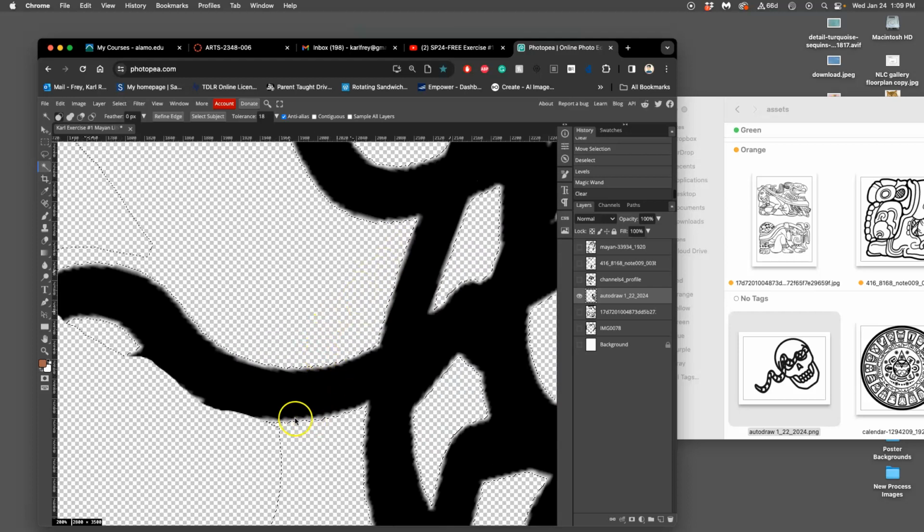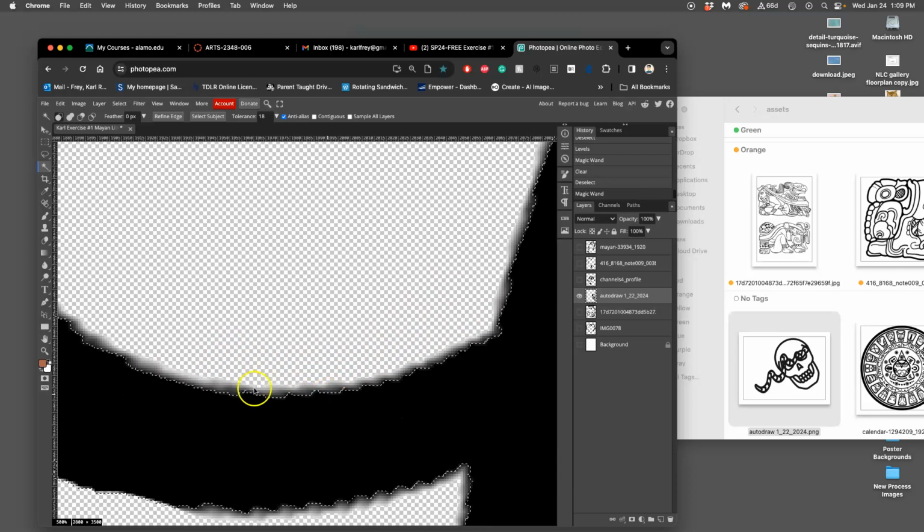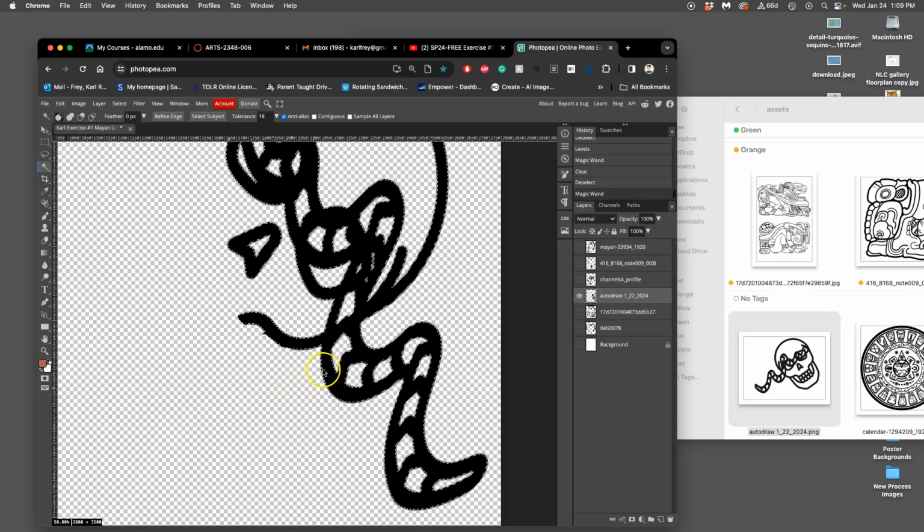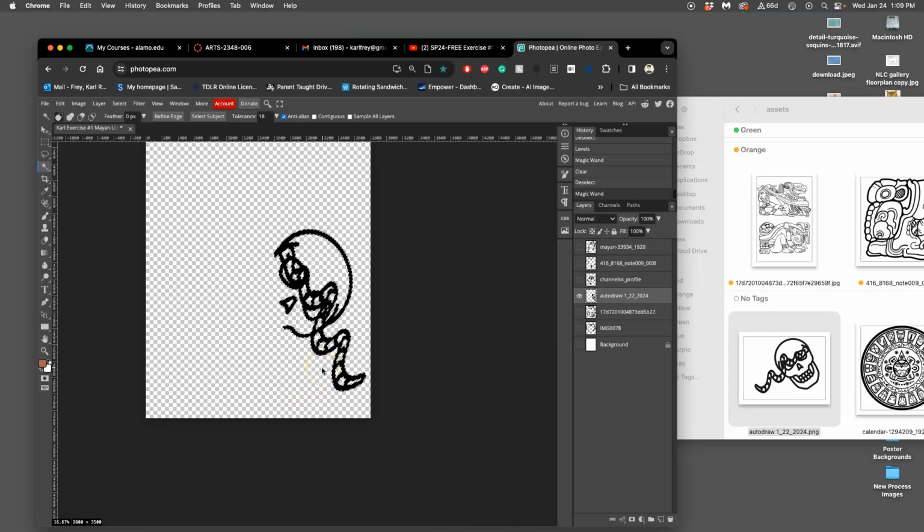Now I still have these kind of gray rasterized pixels, but what if I use the magic wand with contiguous unchecked and just select the purest black pixels? You see that? That will clean it up in a way. It will cut away these gray pixels. So how can I cut them away? Well, if I hit delete, that will just delete them. So instead, what I do is I go up to select options,